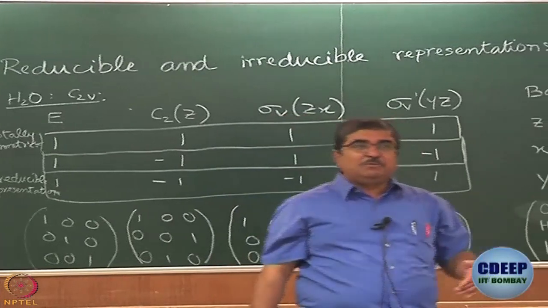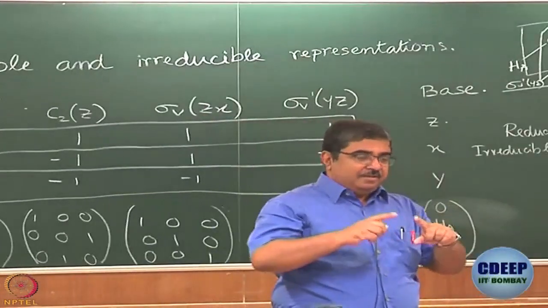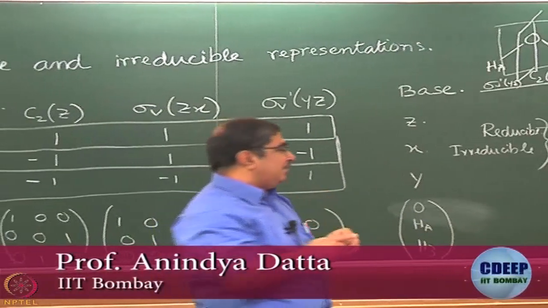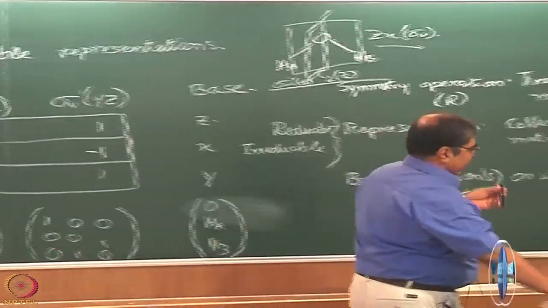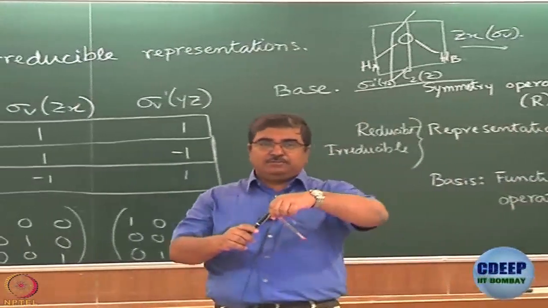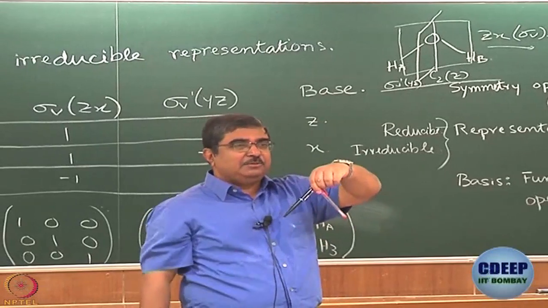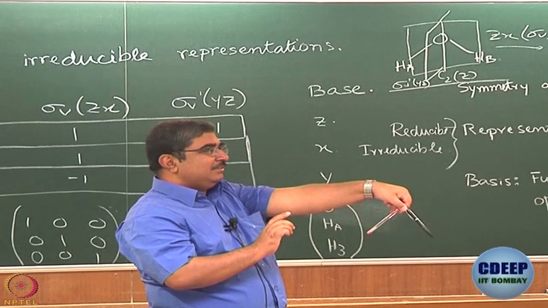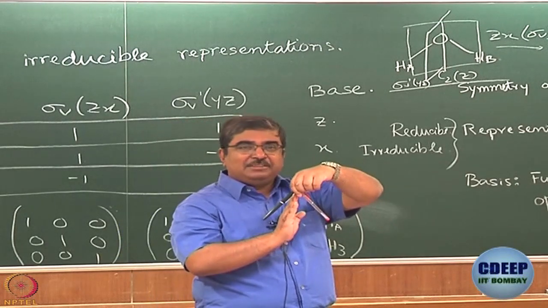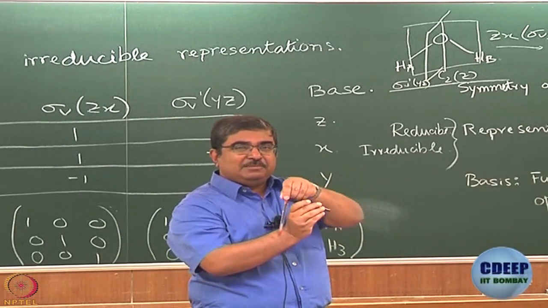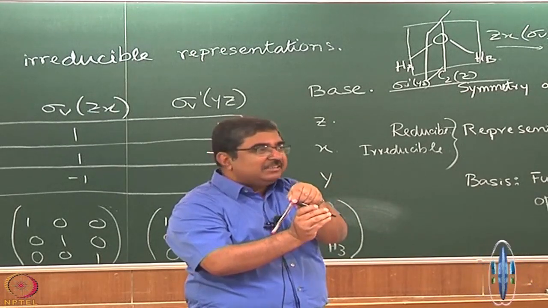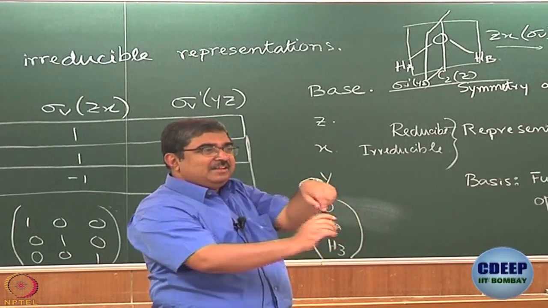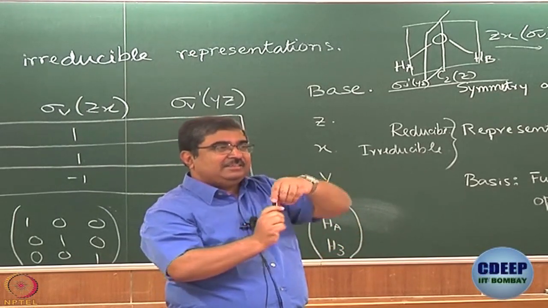Okay. Now, let us come back to what we were saying. HA, HB, this is what happens when we turn it, right? Instead of doing it with my hands, it is better to do it like this. HA, HB, O. When I turn, this is what happens. When I reflect, then what happens? This is what happens. Do you see the difference? When you turn, this is what happens. When you reflect, this is what happens.